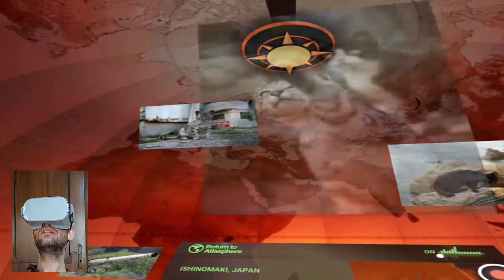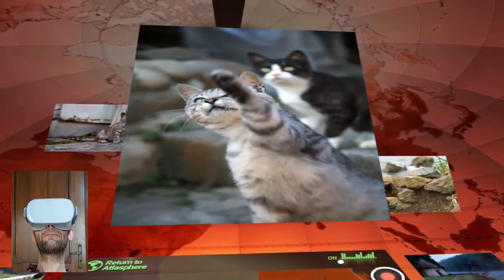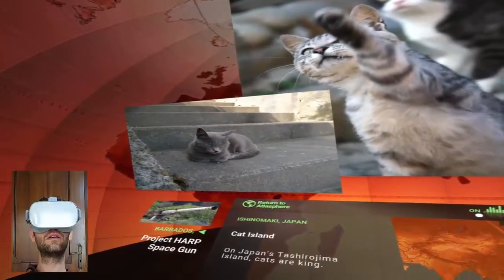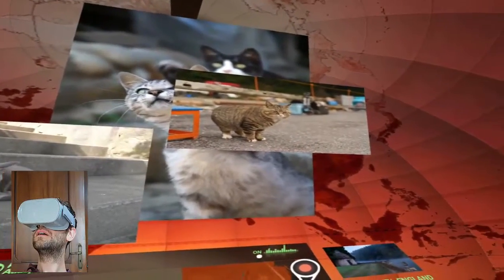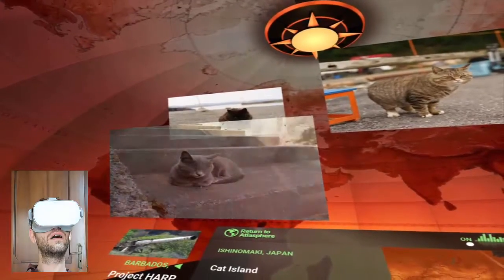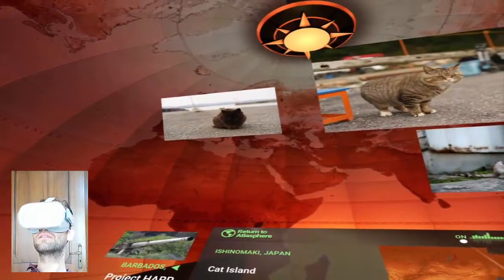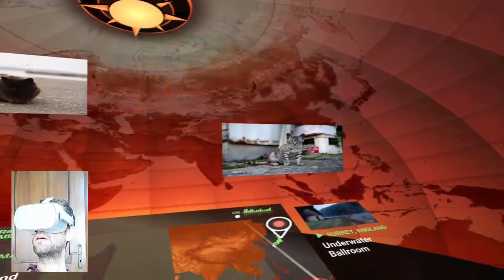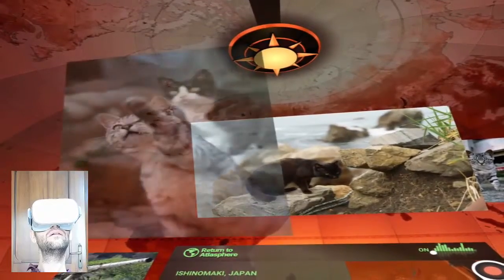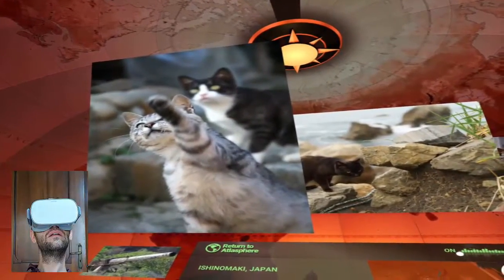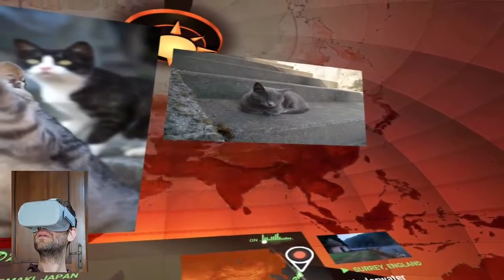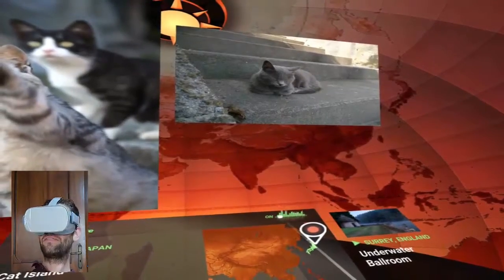Cat Island, Japan. On the island of Tashirojima, the cats outnumber people, and the people like it that way. Cats have long been thought by the locals to represent luck and good fortune, and doubly so if you feed and care for them. Thus, the cats on Cat Island are treated like kings, and although they're wild, they're well fed and well taken care of. Despite this, luck and fortune haven't exactly come to the human residents of Cat Island. In the last 50 years, the human population of the island has dwindled from 1,000 to fewer than 100. As more and more people have shunned the island, the people that have remained have become ever more protective of